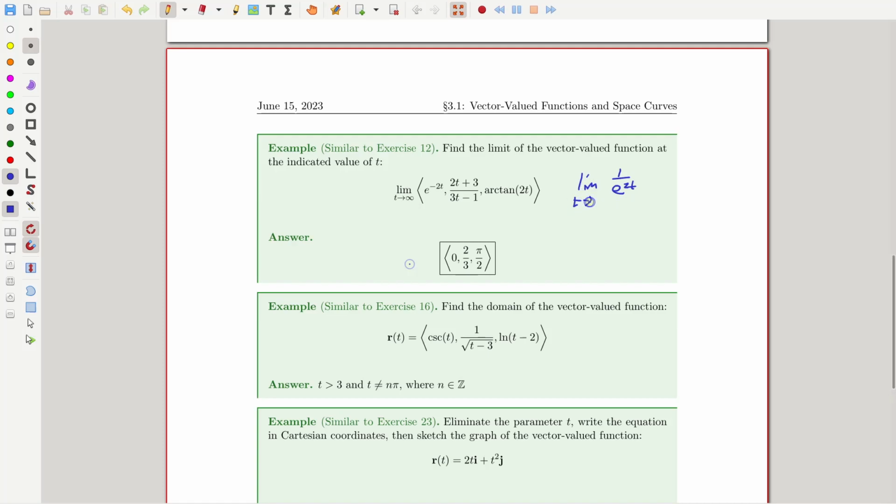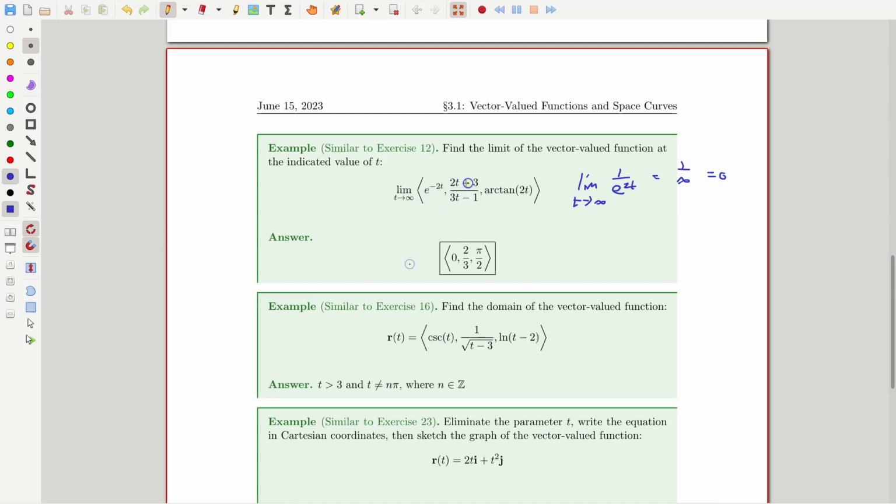And so we're taking the limit as t goes to infinity. Notice that it would go to 1 over infinity, which is 0. Right? The denominator blows up to infinity, so the whole fraction goes to 0, which gives us the first term there. The limit of the second function,